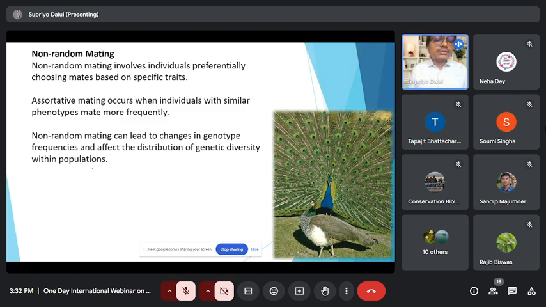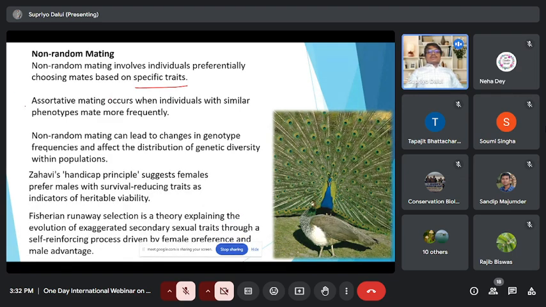Hardy-Weinberg proposed that the population should be a random mating population. There should not be any kind of mate selection. But in the real world, non-random mating exists. Females tend to select their mates based on some specific traits. Non-random mating involves individuals preferentially choosing mates based on specific traits. Non-random mating can lead to changes in genotype frequencies and affect the distribution of genetic diversity within a population. For non-random mating or mate selection, there are two concepts or theories that are my favorite: one is Zahavi's handicap principle and the other is Fisher's runaway theory. In that theory, they explain